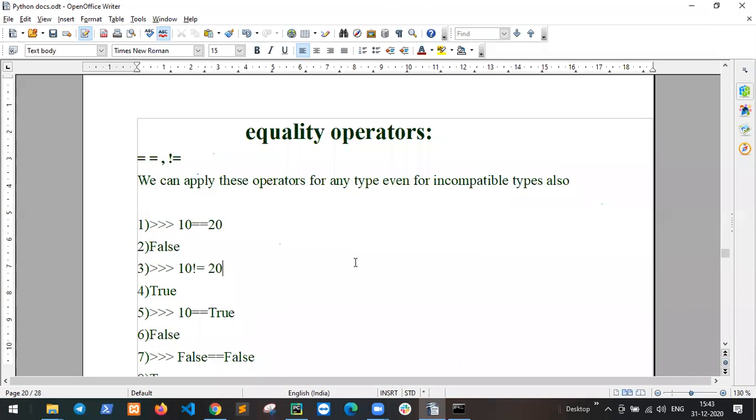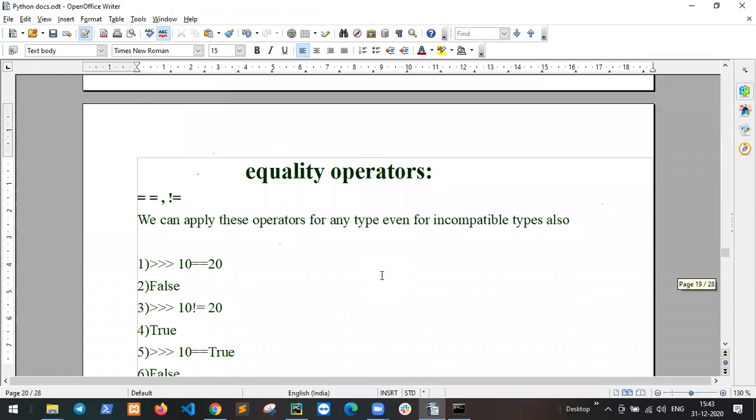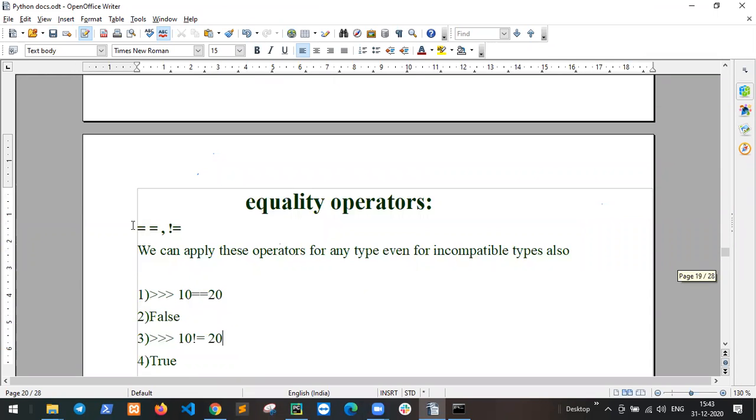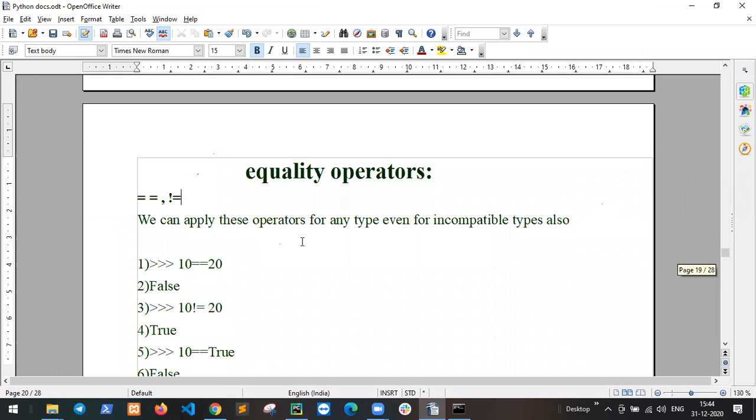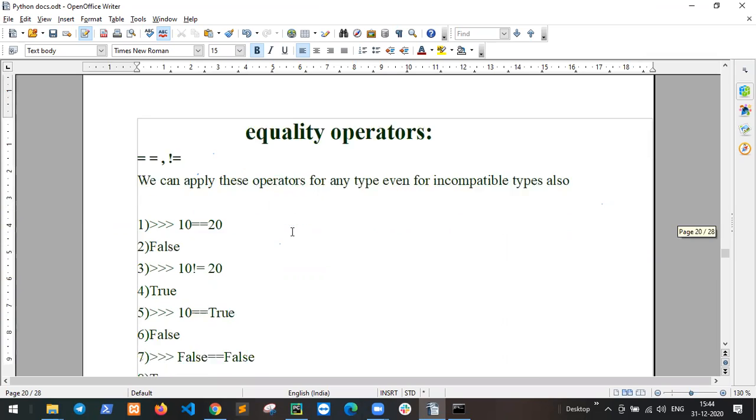Okay. So equality operators are double equal to and not equal to. We can apply these operators for any type, even incompatible types also, even true or false, between conditions. So for incompatible types also, we can use double equal to and not equal to.